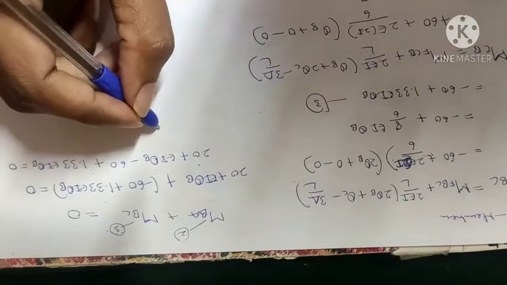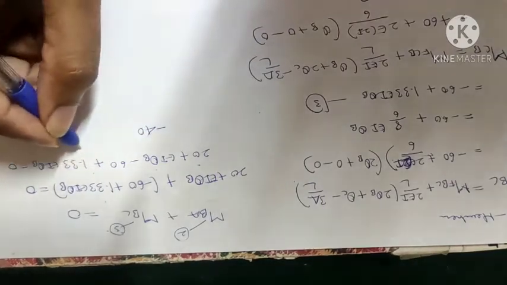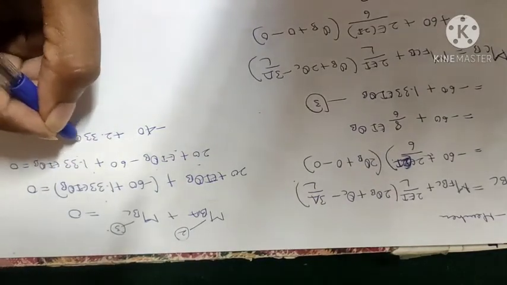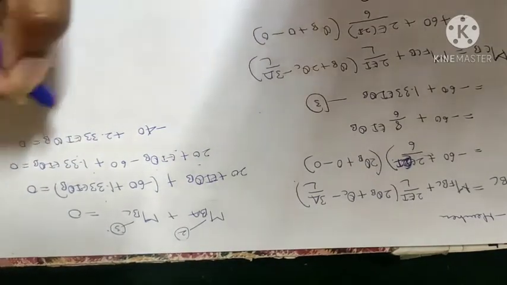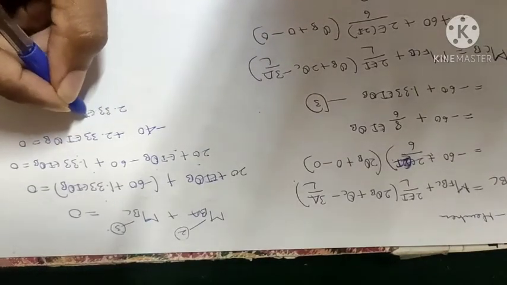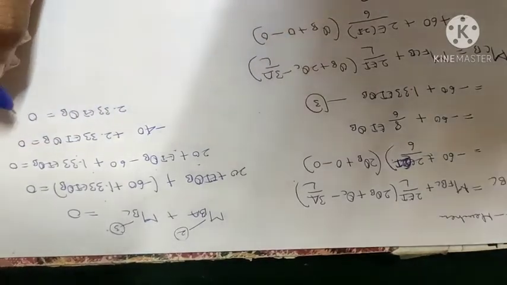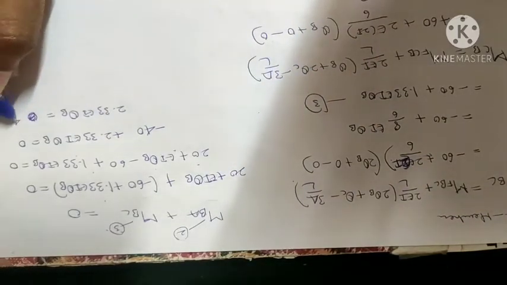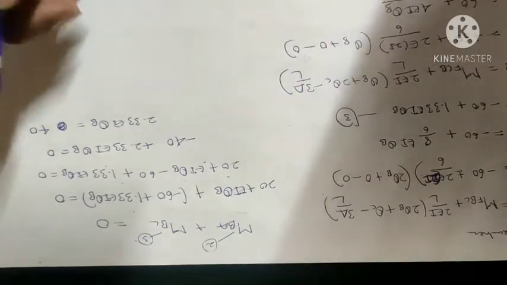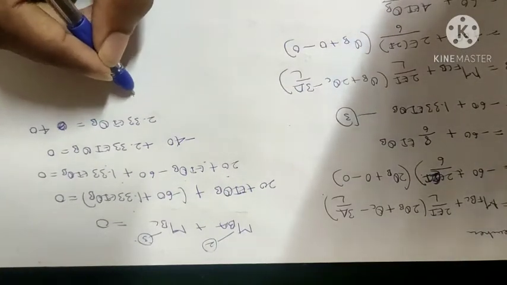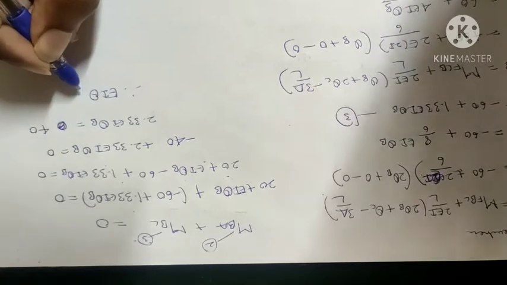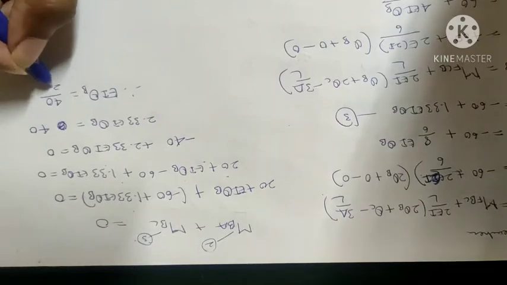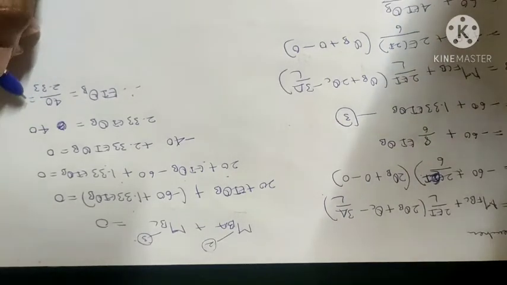So minus 40, and 1 and 1.33, that will be 2.33 EI theta B is equal to 0. The 40 will come to that side, so there will be plus 40. Therefore EI theta B will be 40 divided by 2.33. When you divide 40 by 2.33, it will be